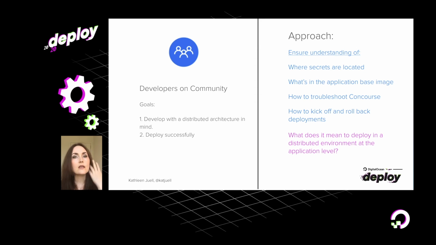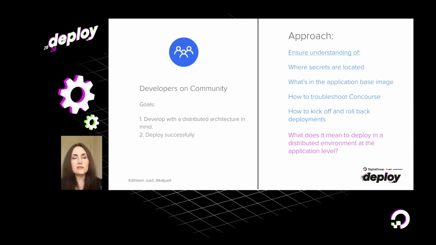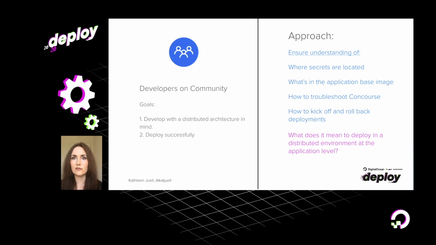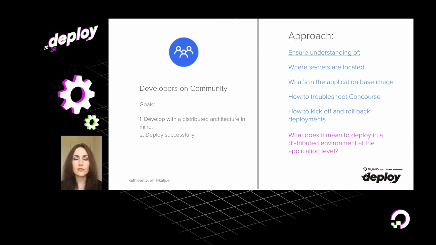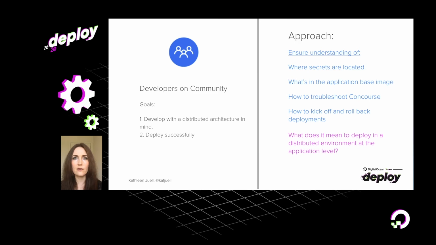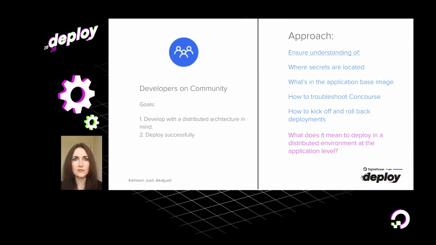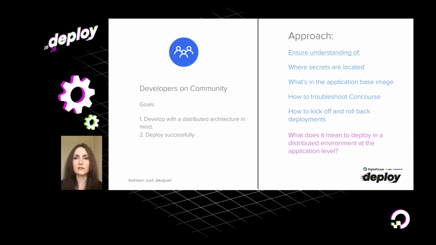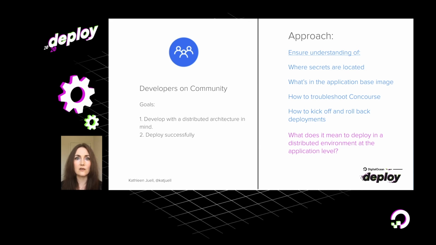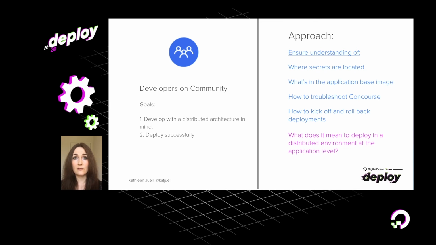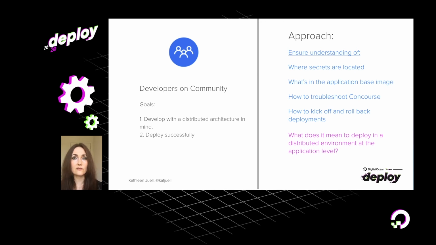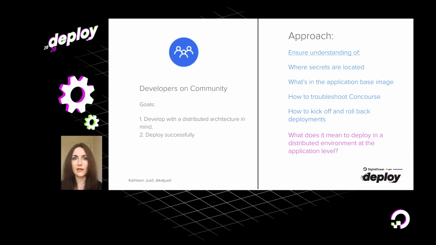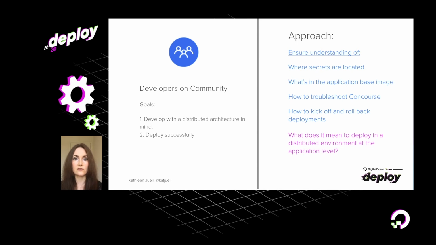It turns out, though, that we had failed to cover some of the meta-level nuances of what it really meant to deploy in a distributed environment. So we saw this most clearly in how we were initially thinking about scheduled jobs, which changed over the course of our discussions as we talked through the anticipated architecture in more detail. So once everyone was on the same page with the higher level structure of the architecture, we were able to come up with a solution to ensure that scheduled jobs ran as expected between our two clusters.